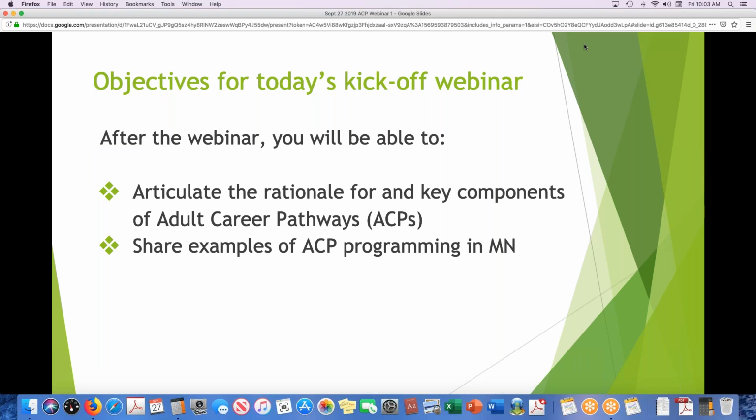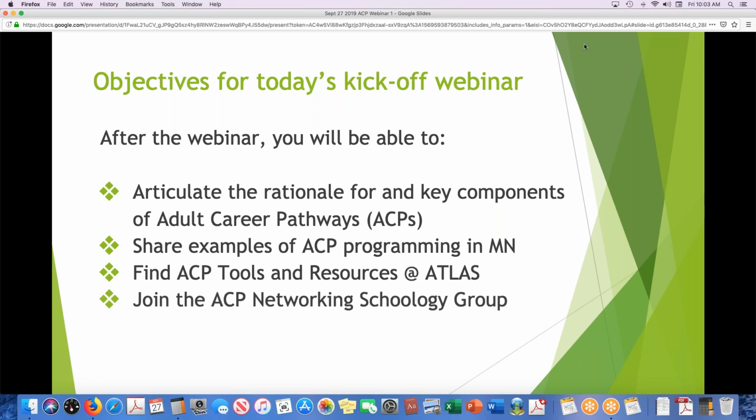We'll share some examples of ACP programming in Minnesota. That's where Penny and Allison come in. And then finding some tools and resources at the Atlas website. Liz will be helping us look through those. And of course, lots of you have already interacted with those materials and perhaps helped us develop some of the